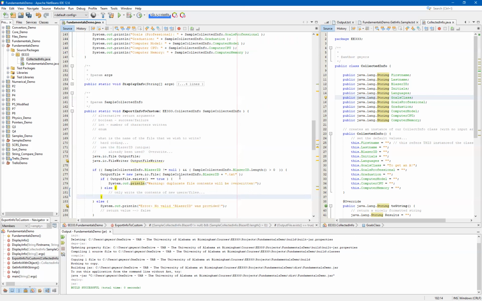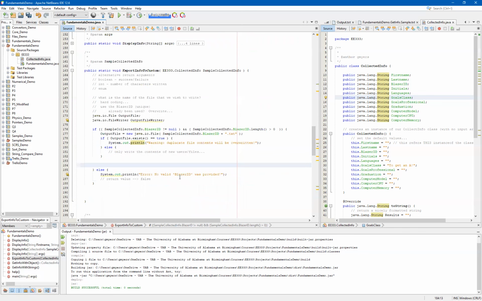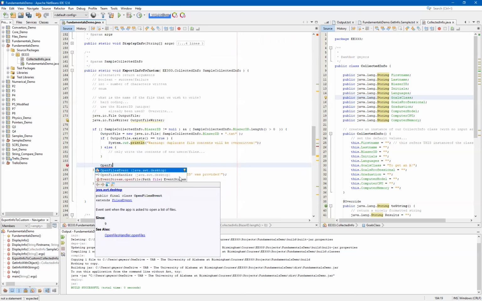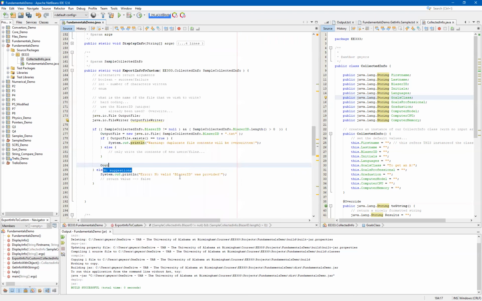And at this point, then we know whether or not the file already exists. And so essentially we know whether or not the user already exists. At this point, though, what we're going to do is just blindly overwrite the information if it already exists. And to do that, we will now need to create a new instance of our object file writer. And so we'll start off, say object or output